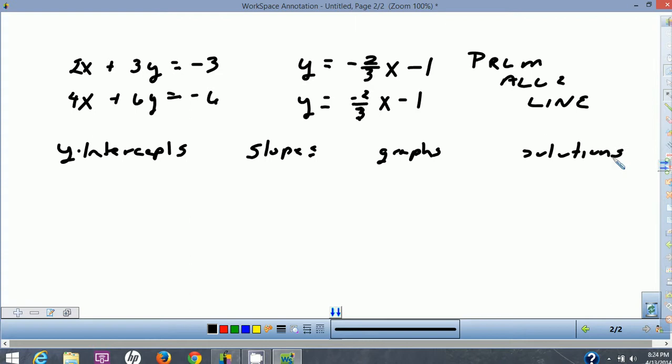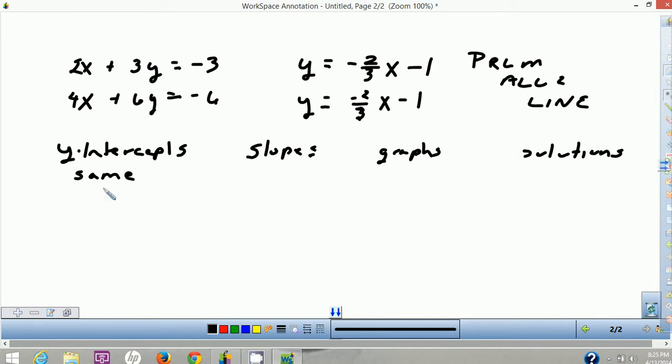So what do we have in this particular case? Well, we have the same y-intercepts. Remember that the y-intercept is this last number, the b part. Y equals mx plus b. They're both minus 1. So I have the same y-intercept. I also have the same slope. This is negative 2/3, this is negative 2/3. That means this is the same line. We call that collinear. Just basically, they both are graphing exactly the same line, which means we have an infinite